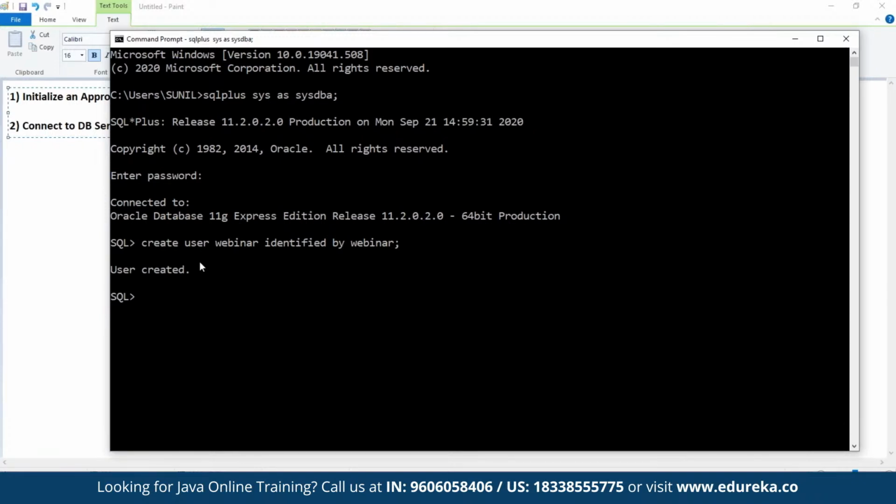The user is created, but we should provide some privileges: what the user can do. This user can connect and this user can access the resources. So we use a DCL command, data control language: grant connect, resource to webinar. With this grant connect, resource to webinar, we created a schema with the name webinar. Now I want to connect as webinar/webinar